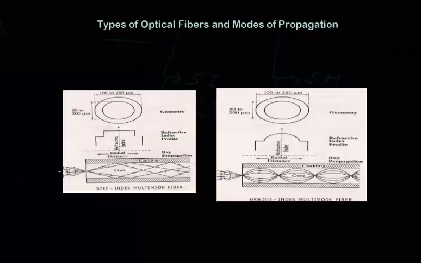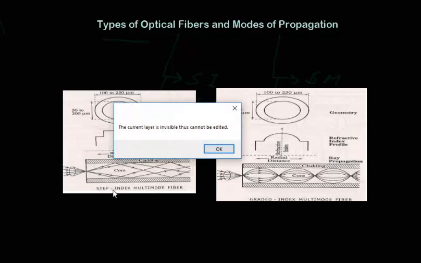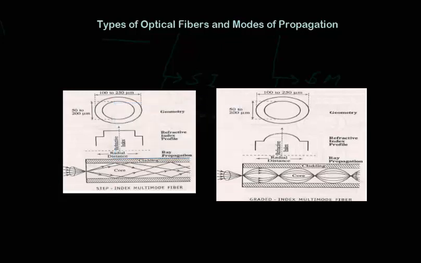Now let's have a look at step index and graded index optical fibers, and they are multi-mode. So here we can see that this much is the diameter of the core area, which is 50 to 200 micrometers, much bigger than single mode fibers, and this is the diameter of the cladding area, 100 to 250 micrometers. This is showing the range. Here also the range is the same for step index multimode and graded index multimode fibers. So this is about geometry.